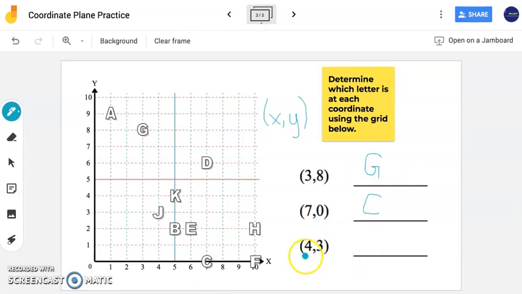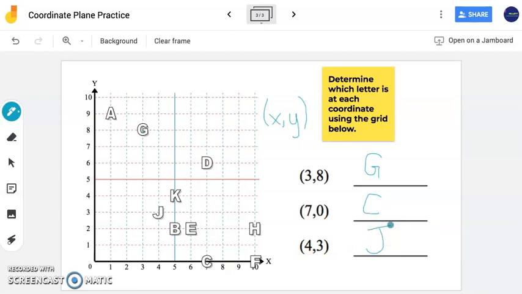My next point I have, or coordinate, is (4, 3). Again, notice that the x and y values are separated with a comma inside parentheses. That's how you represent your ordered pair. Now, (4, 3). Start at my origin. I'm going to move to the right 1, 2, 3, 4 spaces to the right. Now, my y value is 3. That's telling me I need to go up 3 spaces. 1, 2, 3, and I hit the letter J,